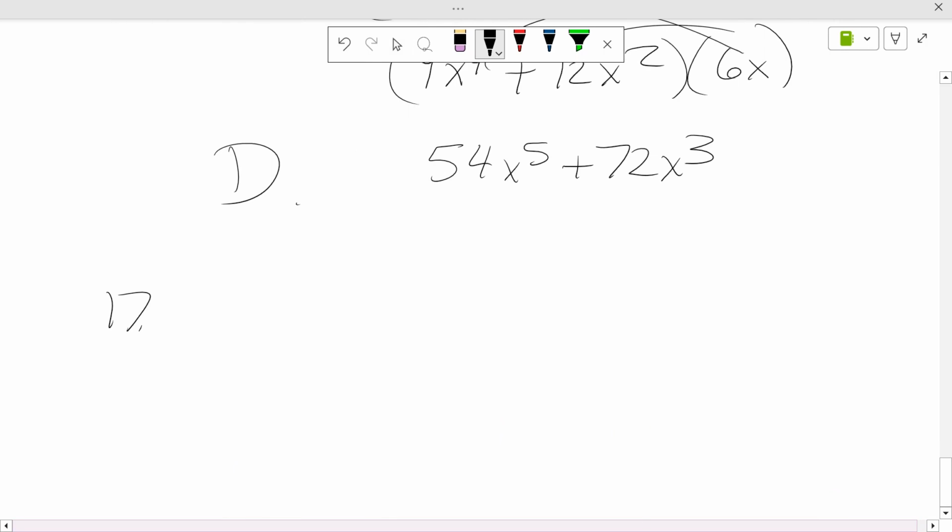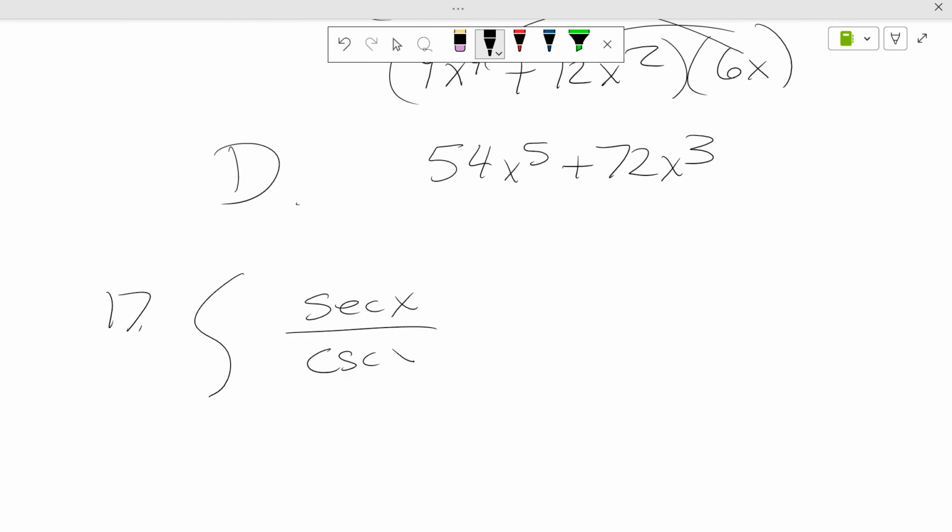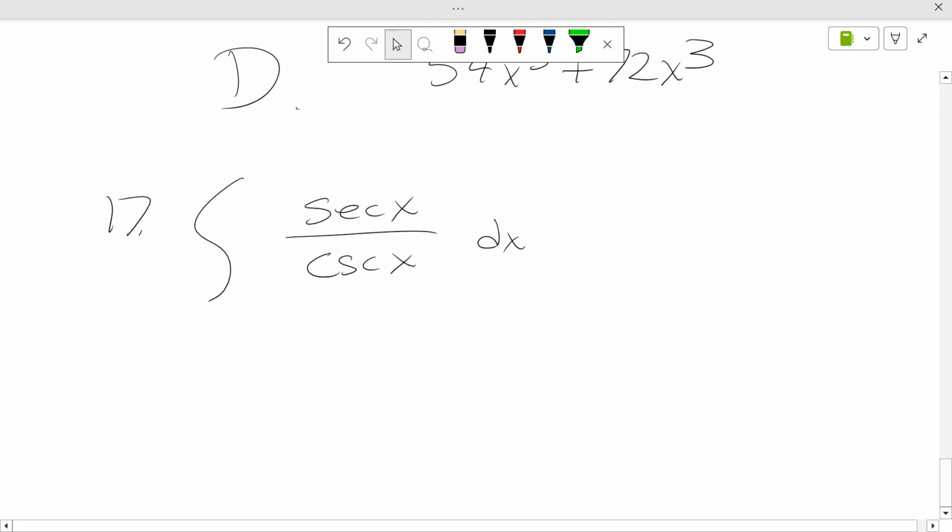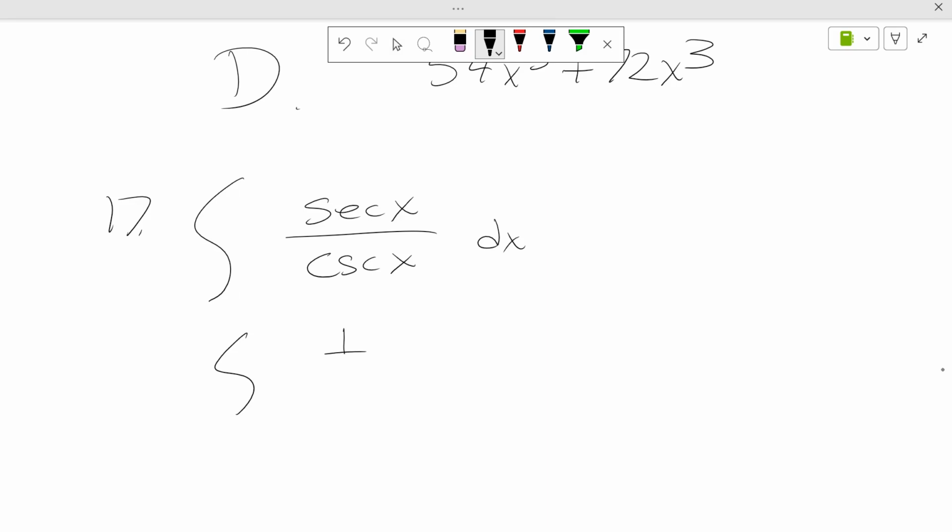All right, 17. When you see fractions in integrals, what you got to think is you got to set them up for natural logs. Okay? When I saw this one, I didn't really know how to attack it, so I said, hey, let me revert back to trig and help me out. How can trig help me out? Well, secant is 1 over cosine of x. Cosecant is 1 over sine of x. So that's a complex fraction, so if you multiply by the denominator of the denominator,